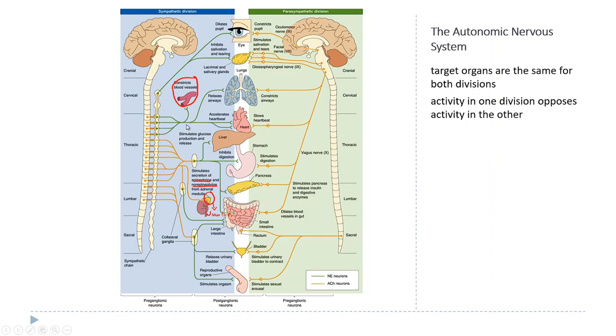In the lungs, the sympathetic division relaxes the airways to let more air in. The parasympathetic division constricts the airways, which means that the airways are smaller and less air is getting in, which again just reduces the activity or workload on the lungs. Opposite effects on the heart. So the sympathetic division accelerates the heartbeat. Parasympathetic division slows it. Now, one thing that's important, it's not like one division is always excitatory and one is